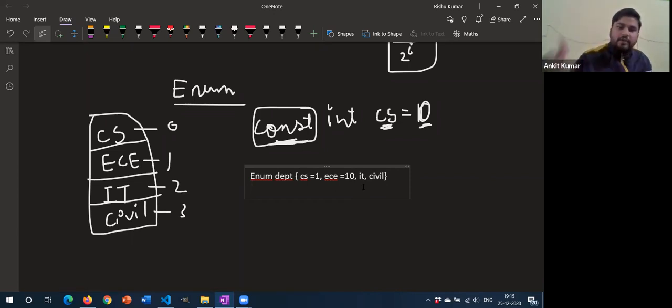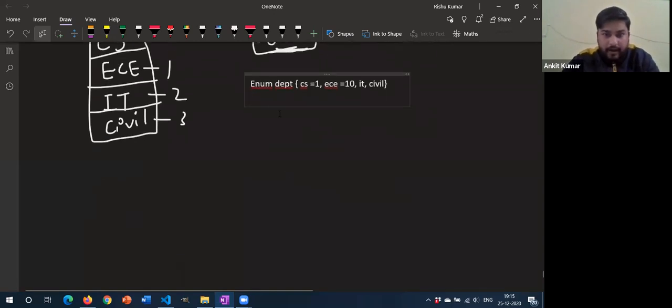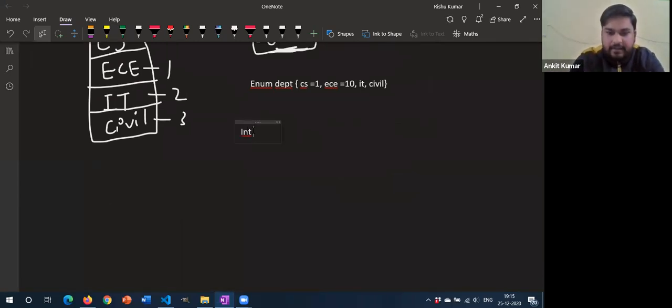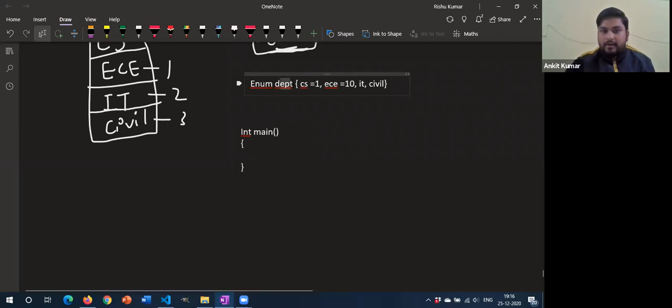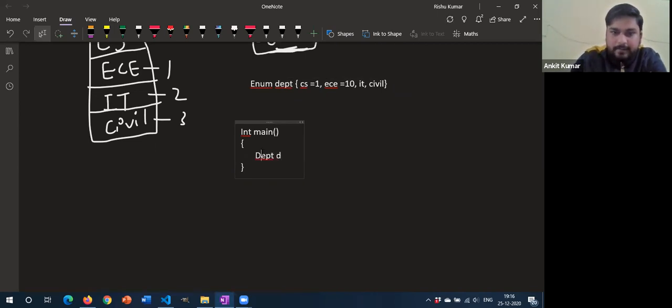So instead of that, let me show you a program, in order to clear all your doubts, on how we are going to use enum in our program. Let us say I'm just writing the main function. Here I have already made a data type which is department. So now I can directly write department dept d. Okay, this is a small letter d. Now from here you can understand. Now I can say d is equal to whatever, like cs.